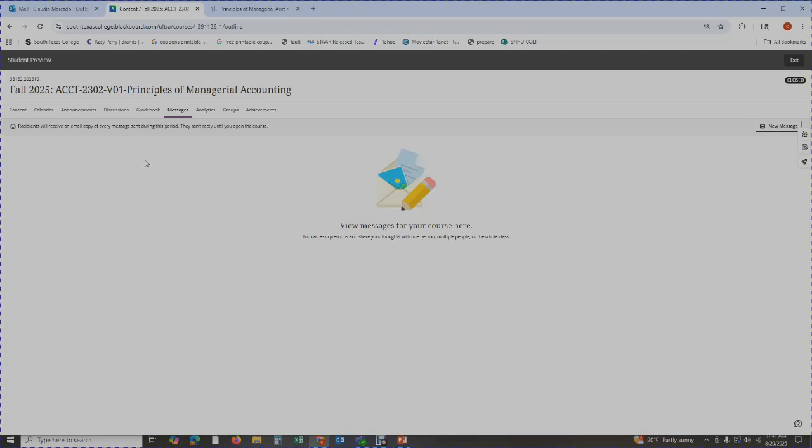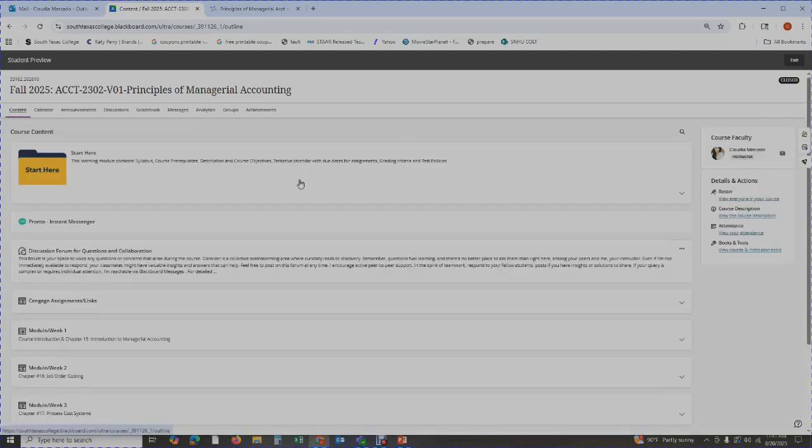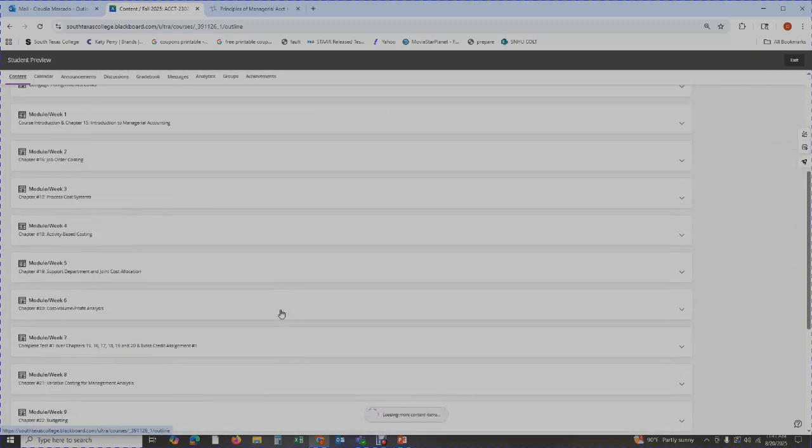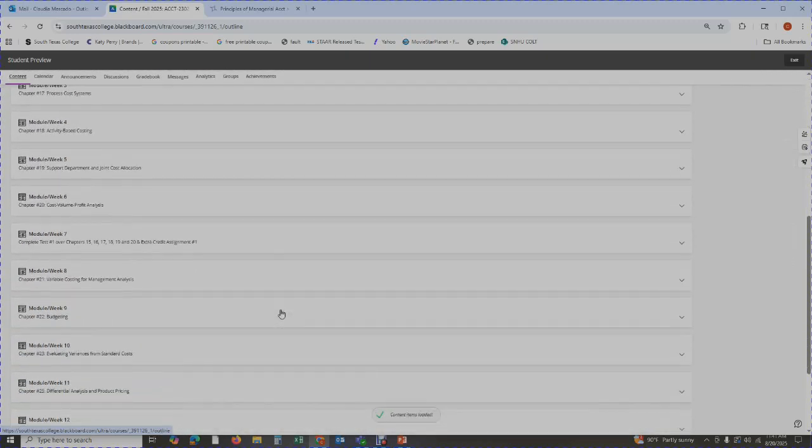Okay, so from the student's perspective, the only tabs that you're going to be looking at are the content tab, the announcements, the discussions, the gradebook, and messages. But you're more than welcome to navigate anything that you like. You're not going to break anything. So that is where you're going to locate your grade, under your gradebook, the discussions, and then for the discussions you'll have links on the actual